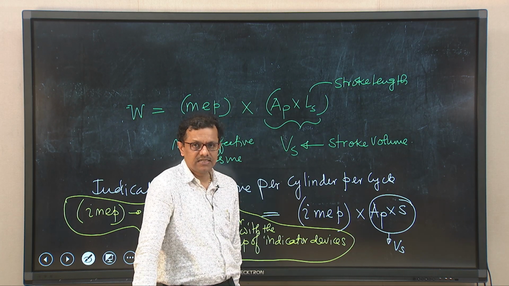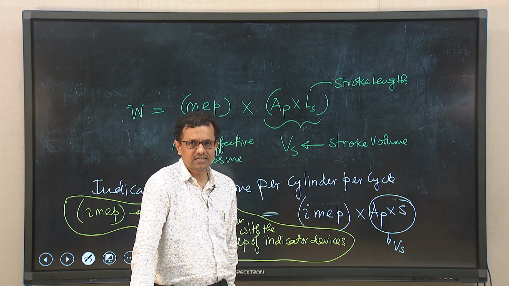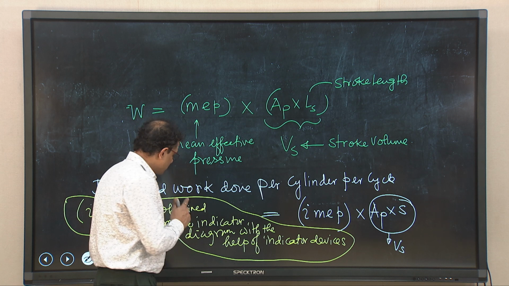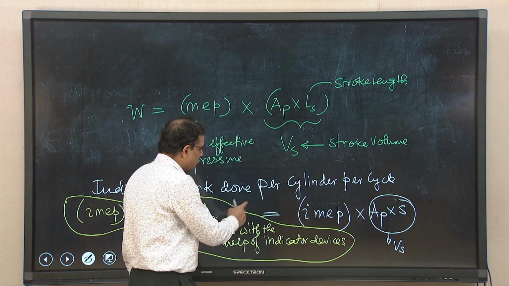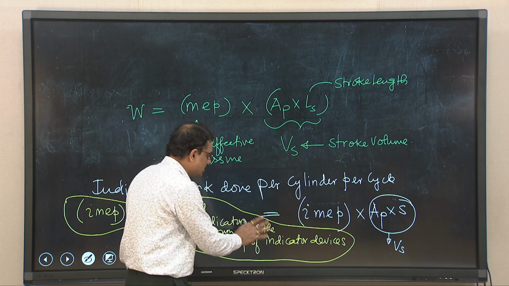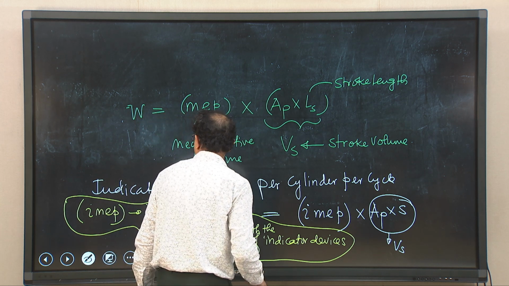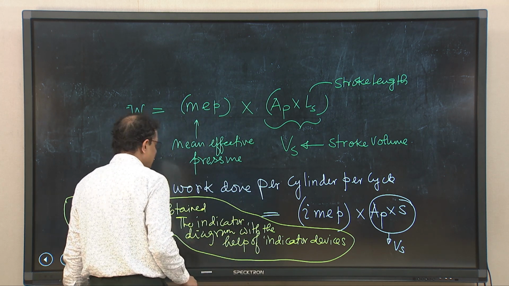So, IMEP is the indicated mean effective pressure. Now, let us discuss one method which is consistent with the measurement of indicated mean effective pressure using this indicator diagram. Okay. So, just for the sake of completeness I am writing here,